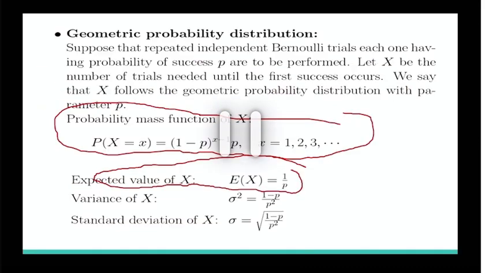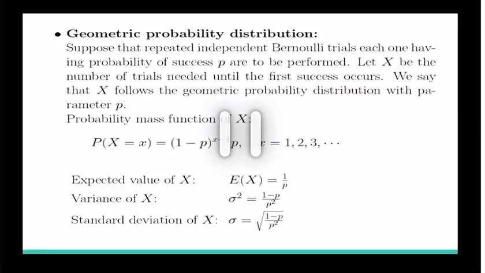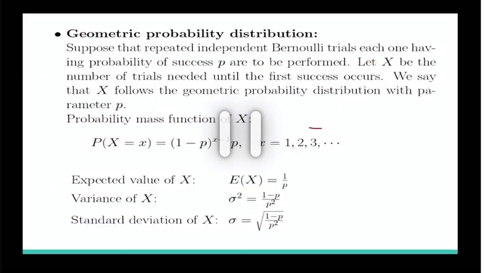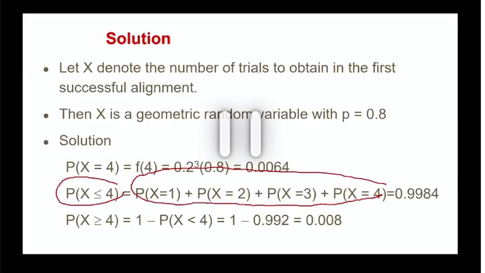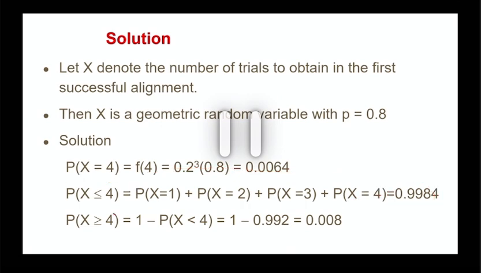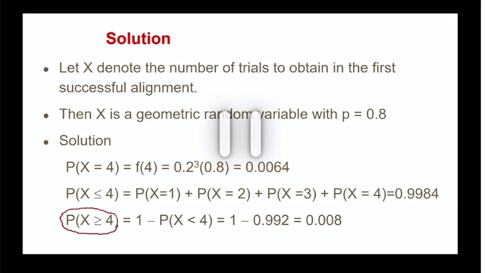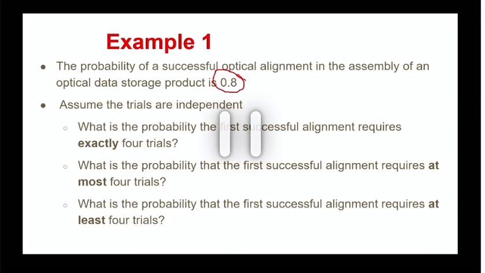So when they say X less or equal to 4, I'm actually going to find the probability of X equal to 1, X equal to 2, X equal to 3, X equal to 4. I will use the geometric formula, then add them up. That will give me this. And when they say at least 4, please pay attention. At least 4 means 4 or more. And if you want to go by 4 or more, you're going to go forever because this goes to infinity. Can you see that? And that's why you need the law of complement.